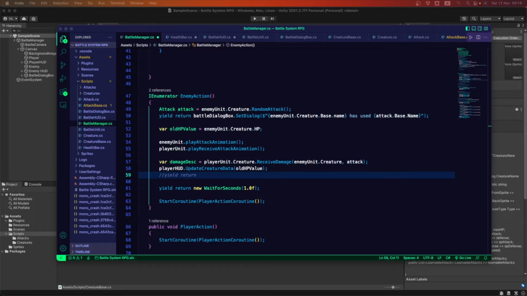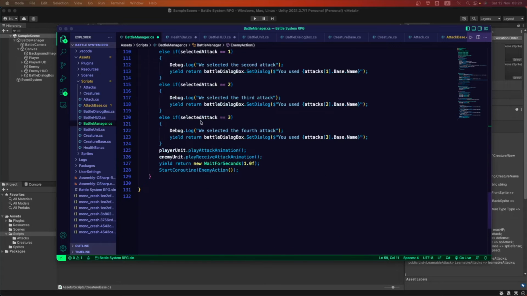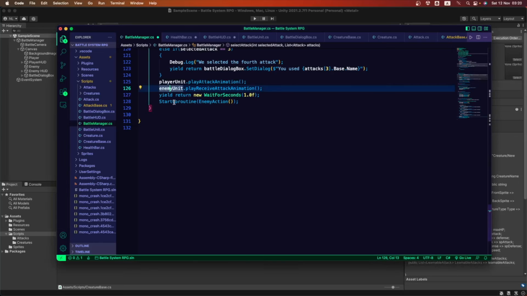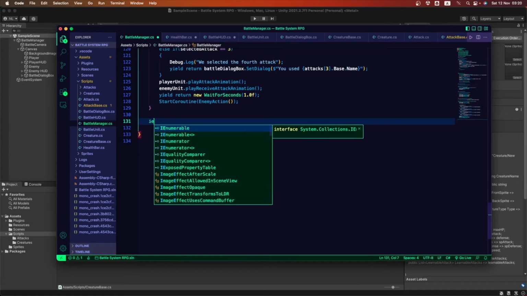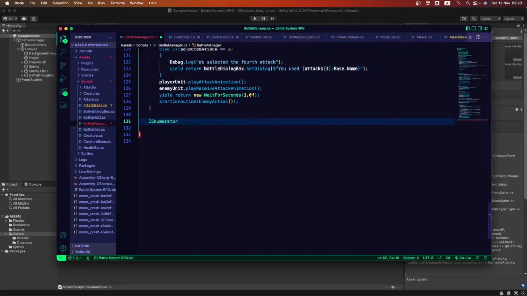That is the method that we're gonna be using. So this method is gonna be built like this. Outside of here, just remember, this also goes inside our main class. This is gonna be an enumerator. Yeah, let's build it with a coroutine also.